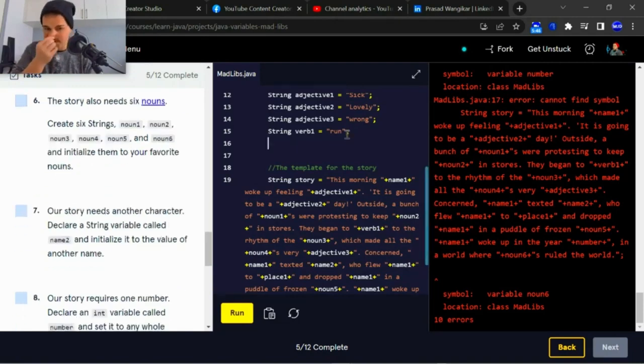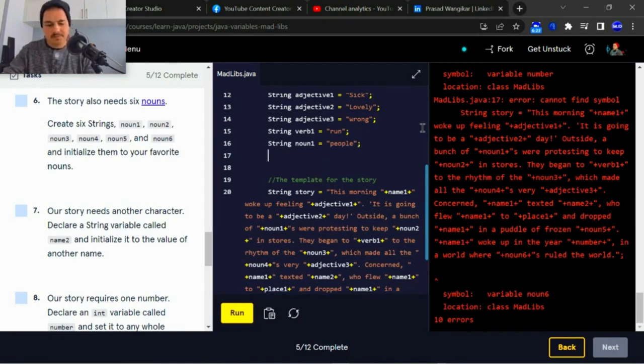Number 6, the story also needs 6 nouns. Create 6 strings, noun 1. So now on one, outside a bunch of people were protesting to keep people